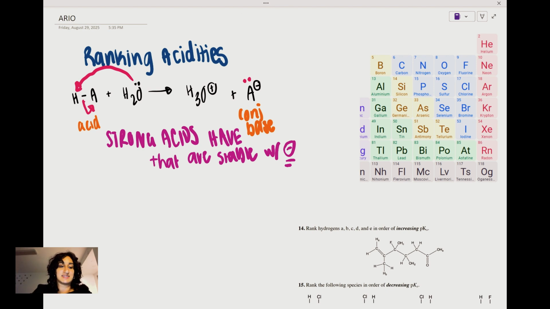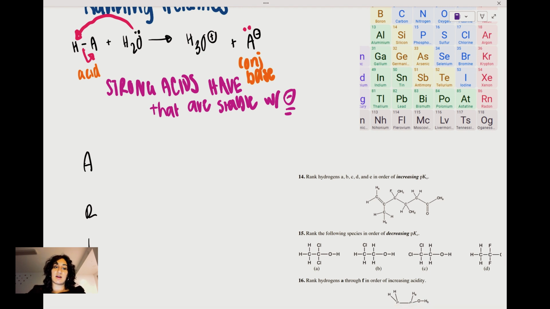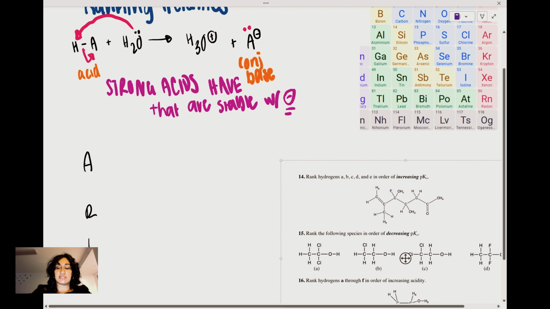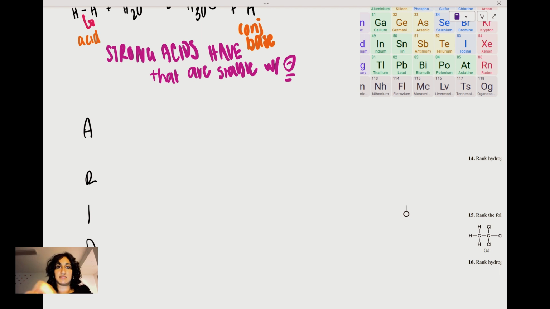Speaking of that, let's talk about them more specifically. So what we want to do is find factors that make this conjugate base stable with a negative charge. That's what ARIO is. There are 4 factors that can stabilize a negative charge. And if we can find the stablest one, we will know which one came from the strongest acid. Let's dive into it. So A stands for atom, R stands for resonance, I stands for inductive effect,